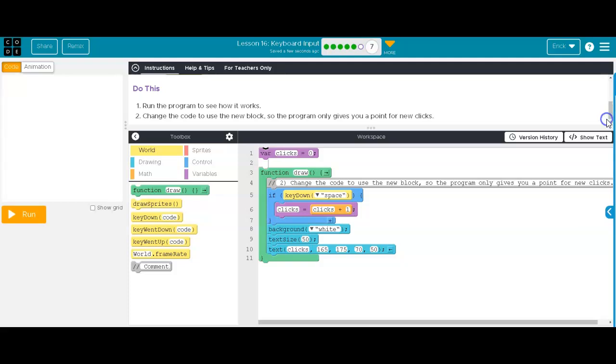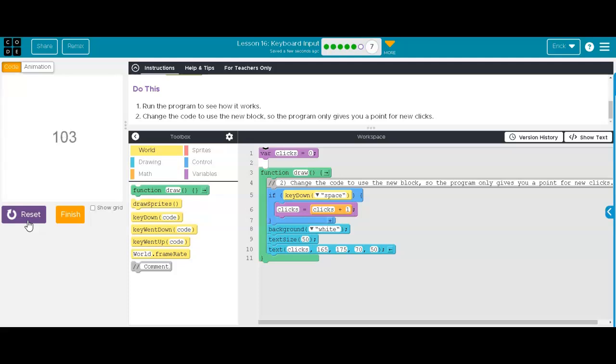So this code is based on one of the first big downloadable apps, and I use the term big very loosely. It was a simple game where if you tapped on your phone screen, it would simply record that you clicked it, and it would just keep track of how many times you tapped the screen. So go ahead and run the code to see how it works, and press the space bar, and you'll notice